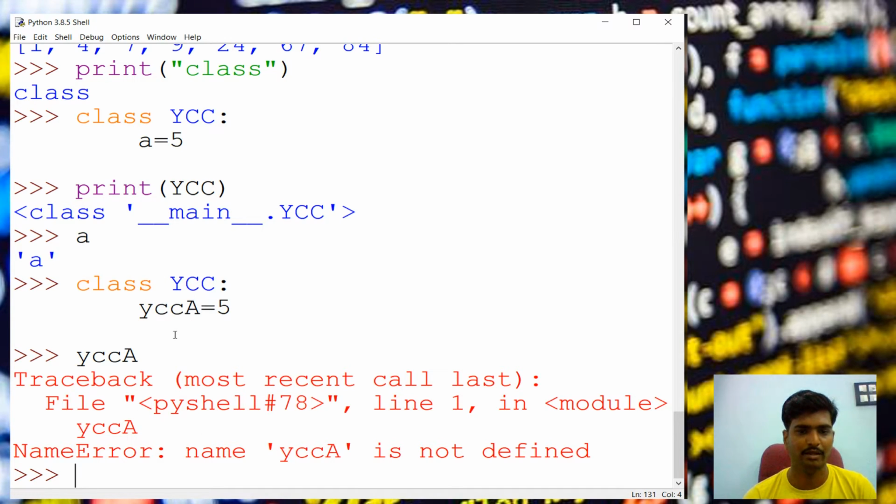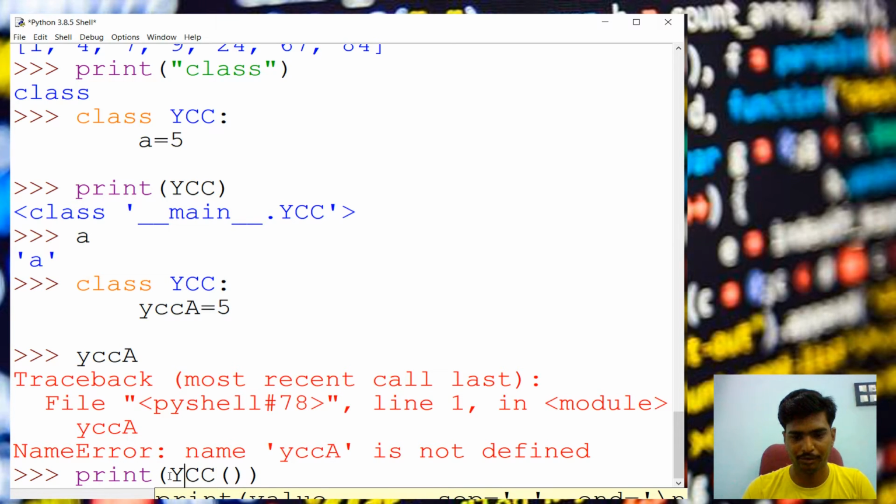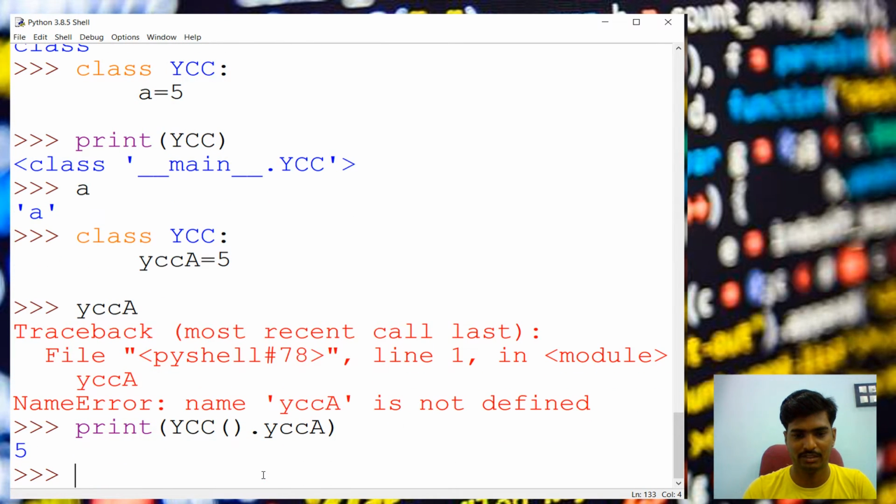To access an attribute, we create an object of the class using the class name and parameters. Our class is this, so we will create an object here, and with the object we can access the attribute. It can be a single line expression, or else we can create an object like YCC equal to the YCC object.